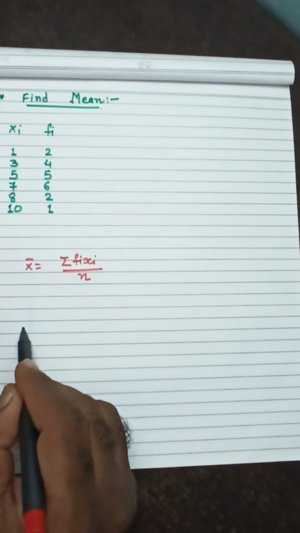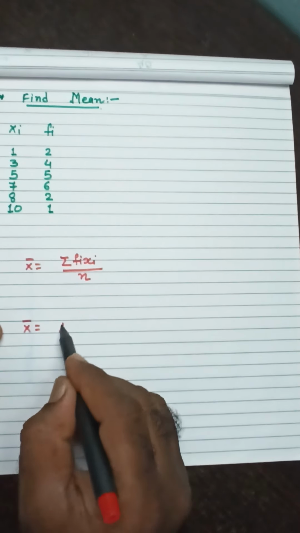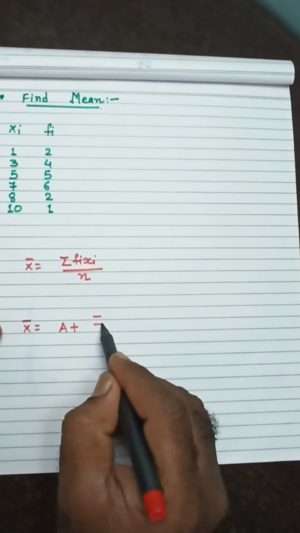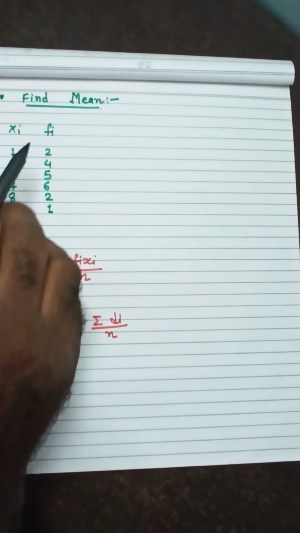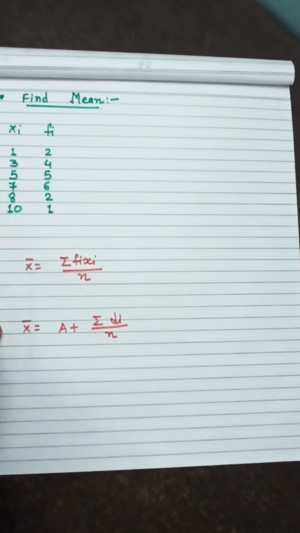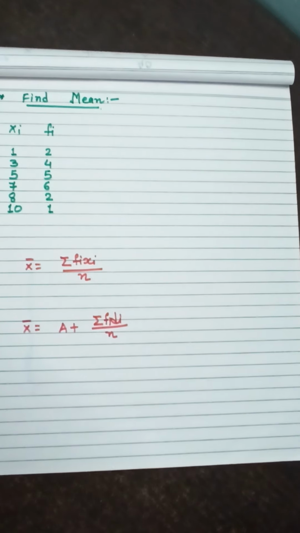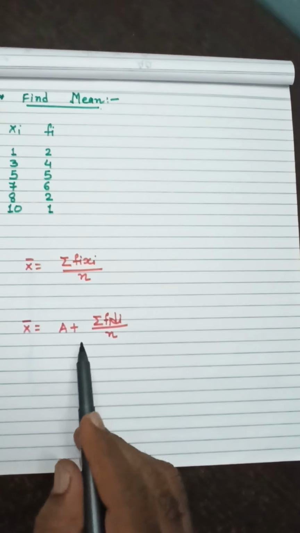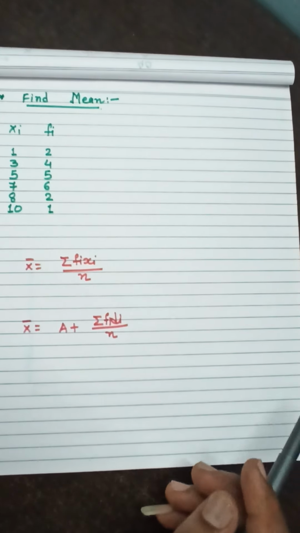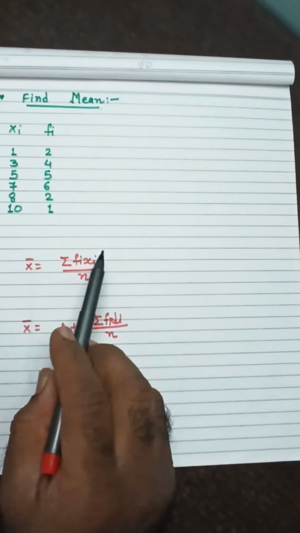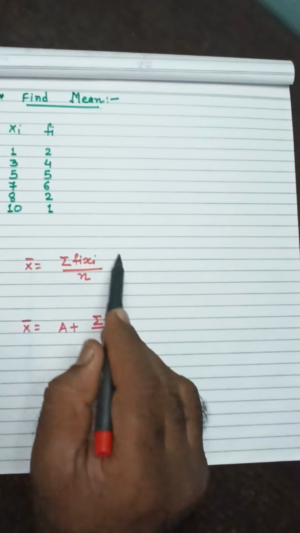The second formula, for the shortcut, is x bar equal to a plus sigma di upon n, but as frequency is given, we will multiply this with frequency. So the formula will be a plus sigma fi di upon n. Now, first of all, we will solve the sum by this: